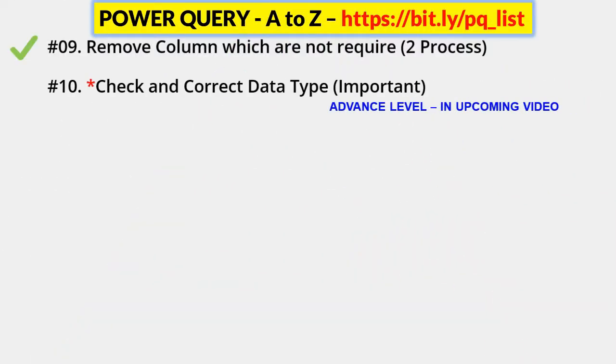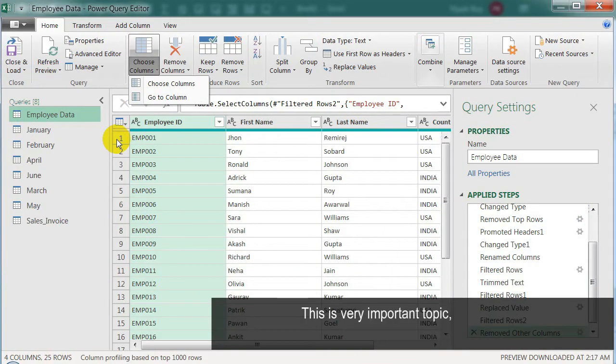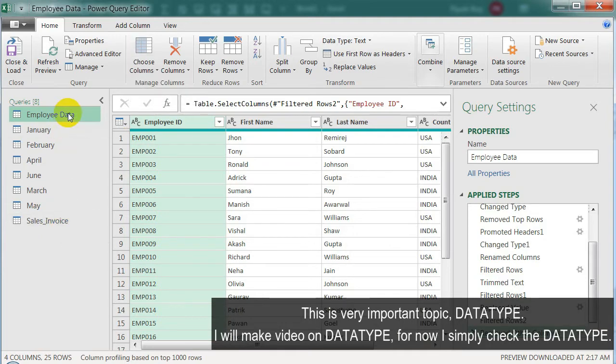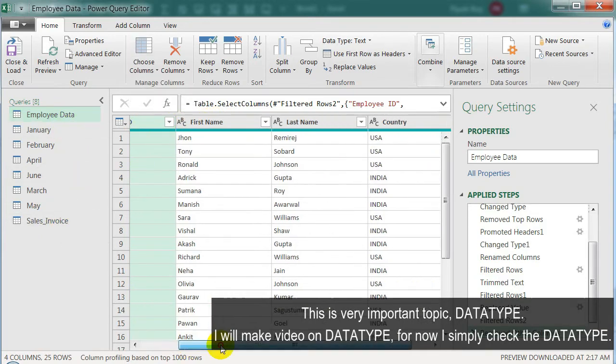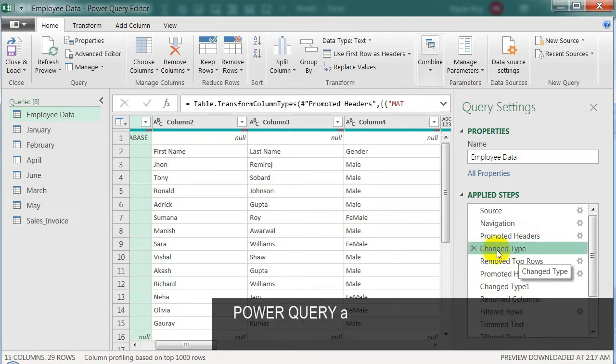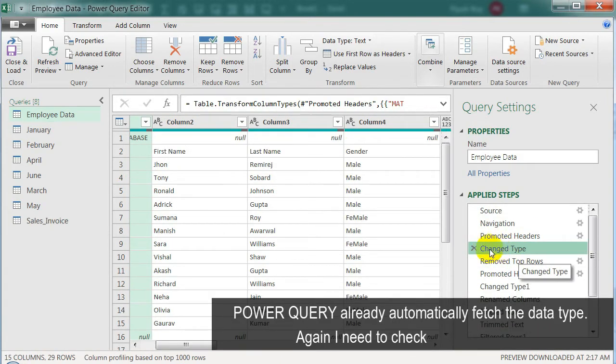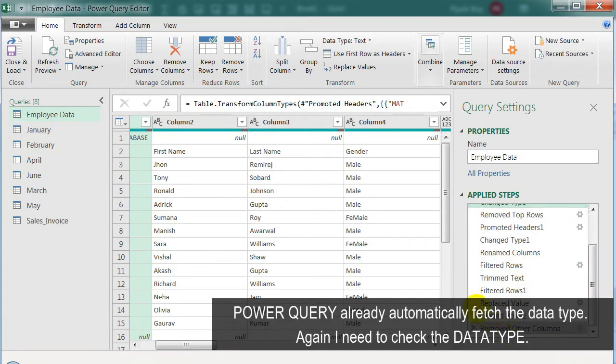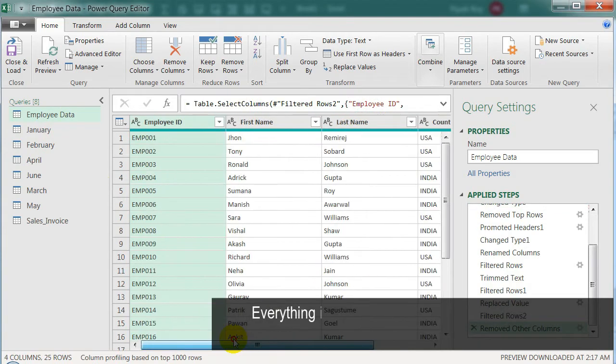Step number 10. Check and correct the data type. This is a very important topic, data type. I will make a video on the data type. For now, I simply check the data type here. Power Query already automatically fetches the data type. Again, I need to check the data type. Everything is fine here,